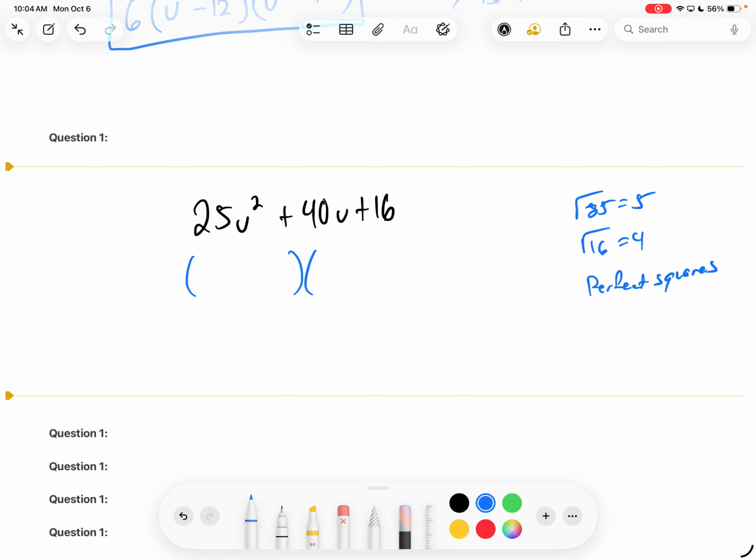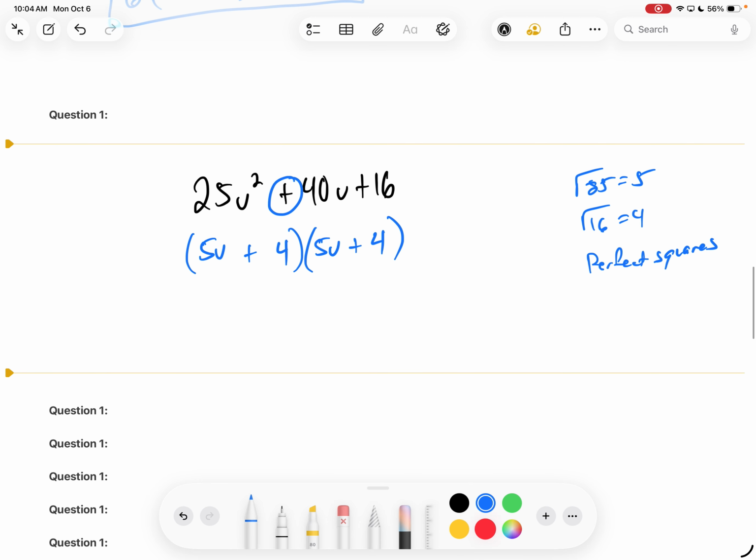So the way you can do this, 5u times 5u is 25u squared. 4 times 4 is 16. And since this sign is in the middle, you write plus. You can also write